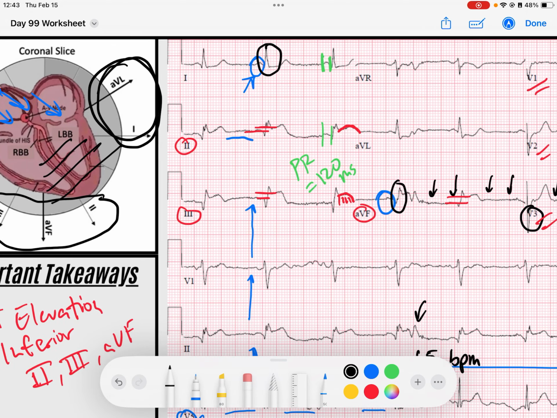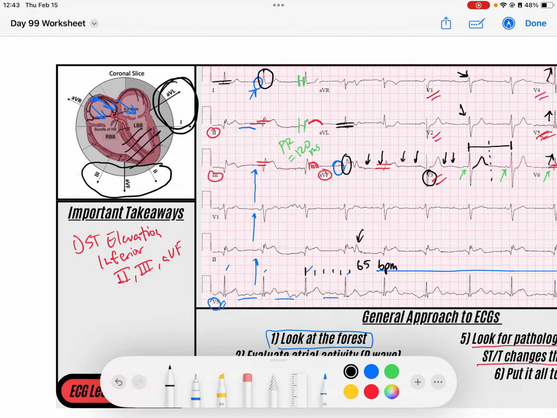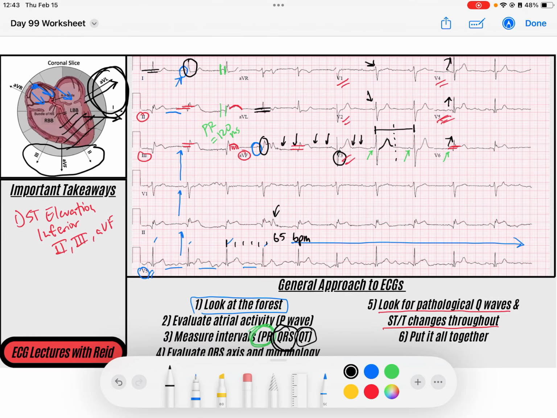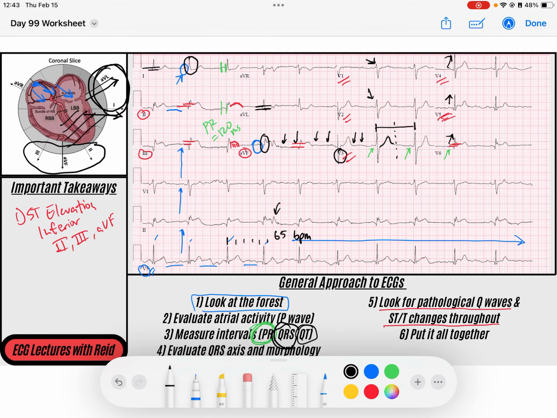And so lead 1, you can see just a hair of ST depression, right? You can see a little bit of ST depression, and you see a lot more in AVL, right? It makes sense that AVL has more depression than lead 1 because AVL is more oriented away from the inferior in comparison to lead 1. So that would make sense. And so things are starting to correlate anatomically here, that we're having an inferior STEMI, right, with predominantly lead 3 in AVF elevation, with less so lead 1, with reciprocal ST depression